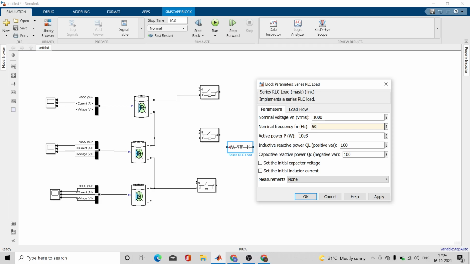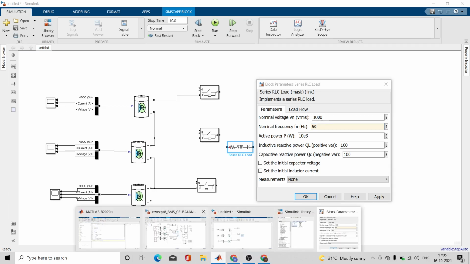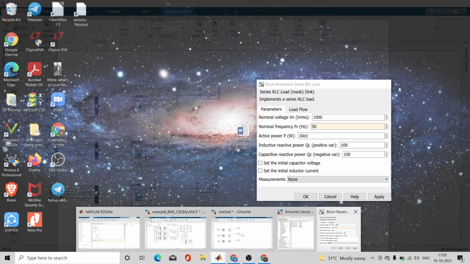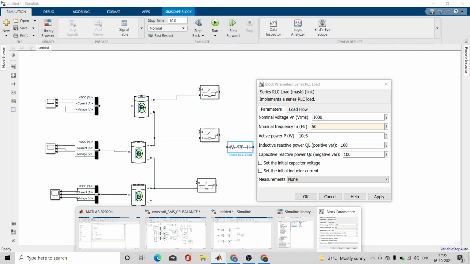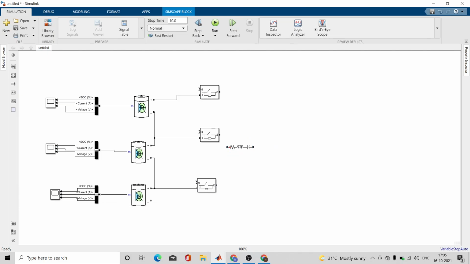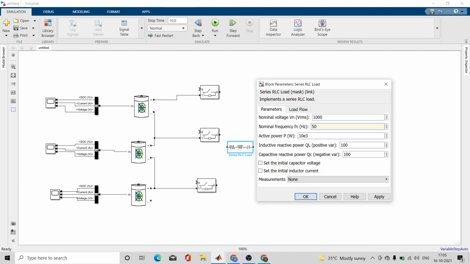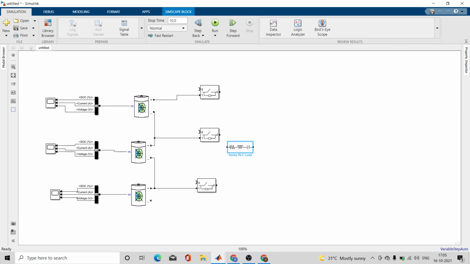Frequency is 50 Hertz. Nominal VRMS. Let me check what I have taken here. VRMS is 10, active power 10 kilowatt. So no need to change the nominal voltage and active power. Only consider the resistance part.